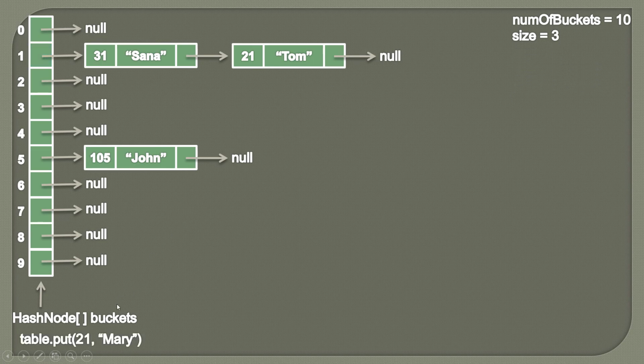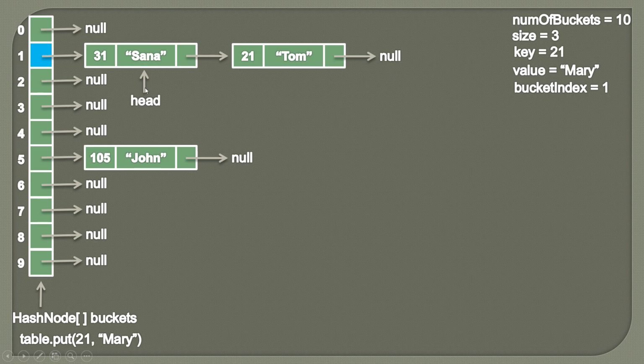So friends, now here you can see, let's say if you want to insert a key value pair where key is already present. So here we have these 3 nodes. We are trying to insert key value pair where key is 21 and value is Mary. So when we will divide 21 by 10, we get remainder as 1. So our bucket index become 1. So we simply access the hash node at this index, and the first hash node is our head. And if there is a hash node already present, so now our first task is to verify that whether this key is already present in this hash table or not.